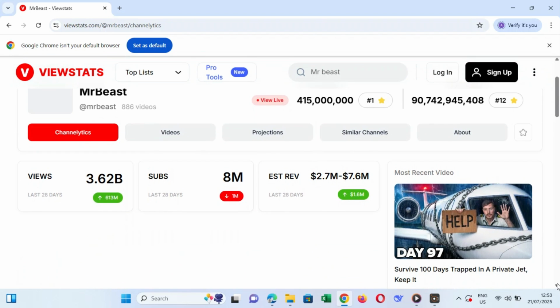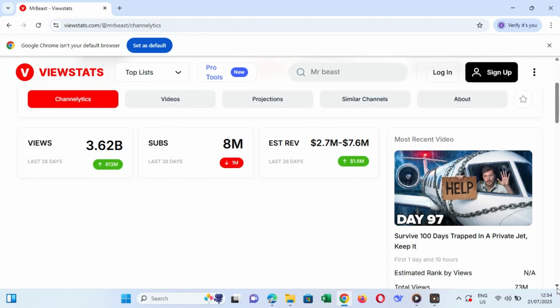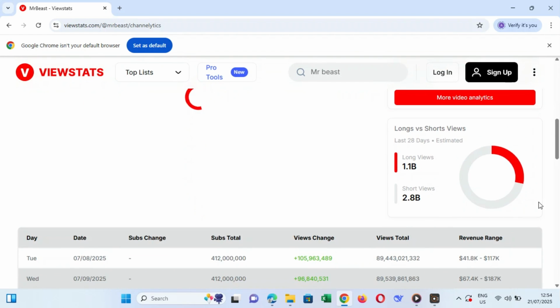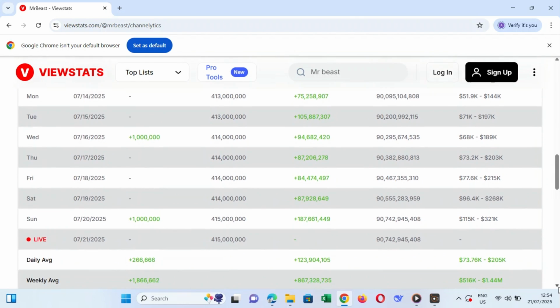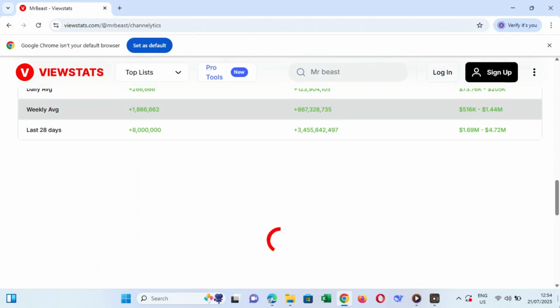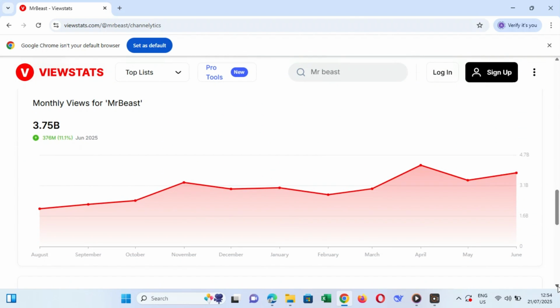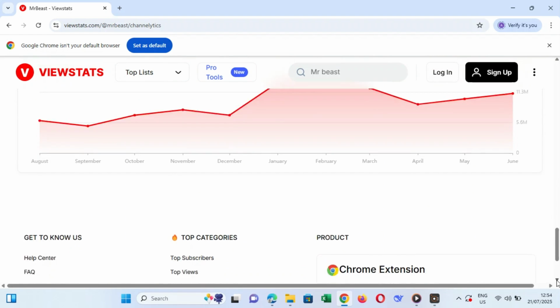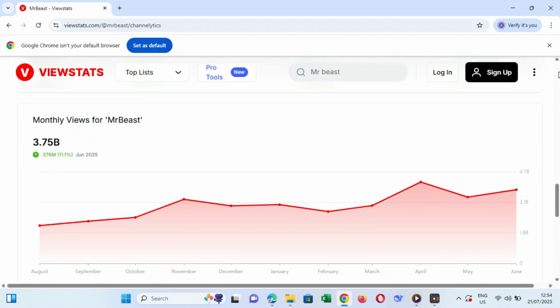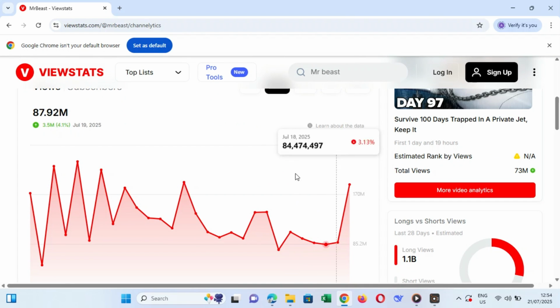Now you can see all the public stats of the channel, including lifetime views, total subscribers, channel country, daily views, monthly views, estimated monthly revenue. It's all displayed clearly with charts and graphs, perfect for tracking or analyzing any channel's growth. This method works for any public YouTube channel. There is no need to sign in or